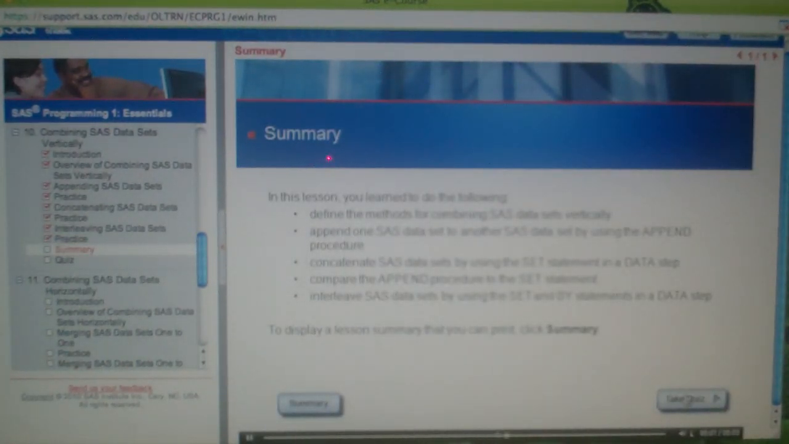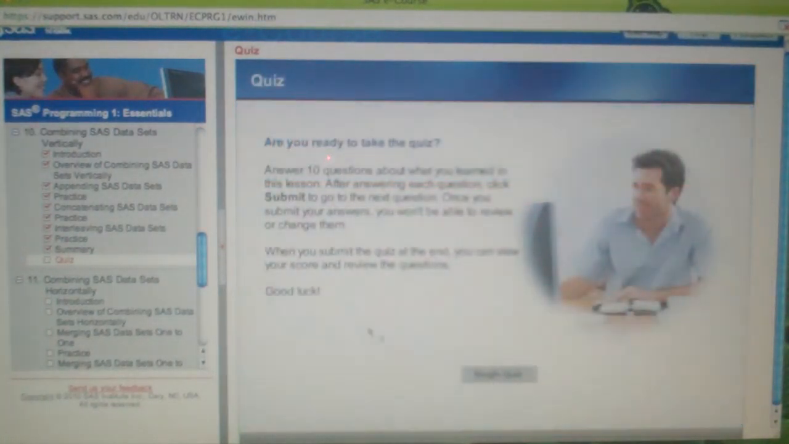Here's what you learned in this lesson. Now, test your understanding by